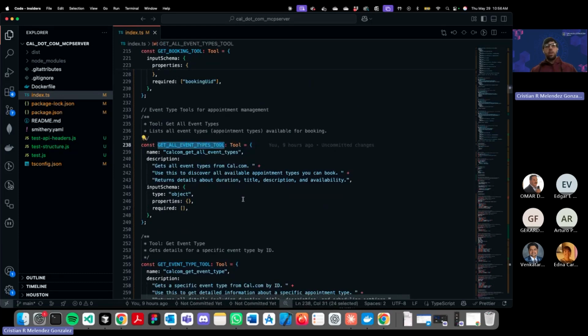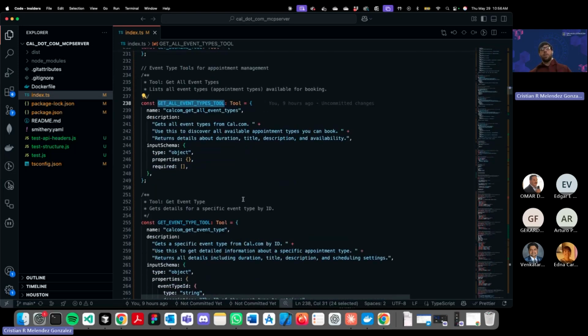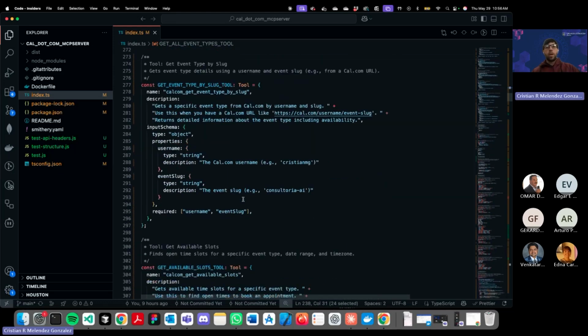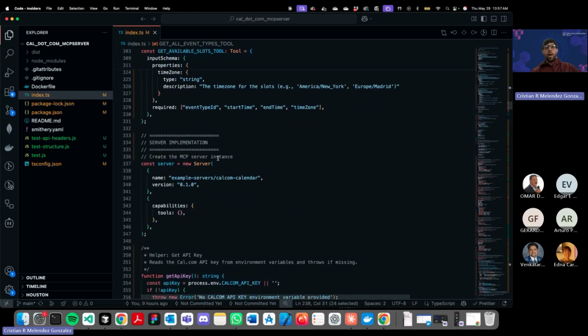This one is to get all the event types. For example, I have 2 different event types on my cal.com. One is for AI consultations, and the other one is for a personal private one-on-one meeting with me. We're gonna see how it works soon. And this is how you define all the tools. After that,